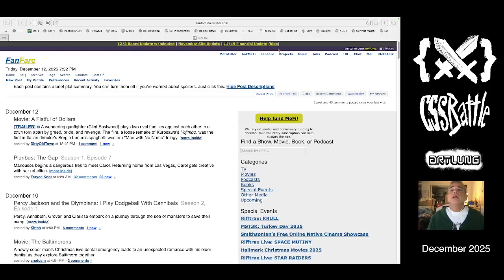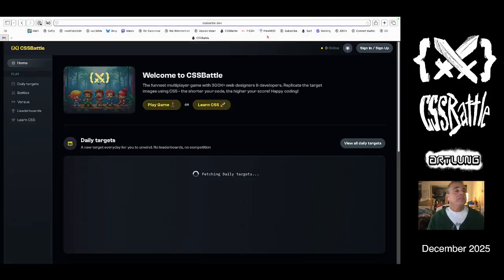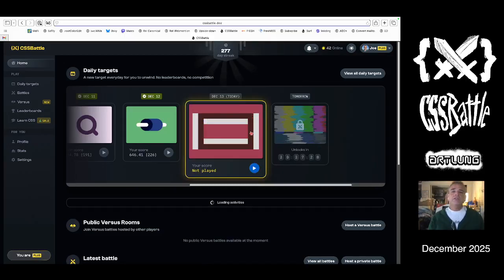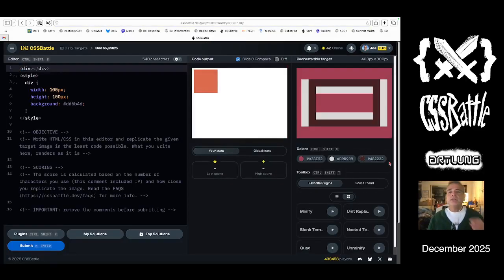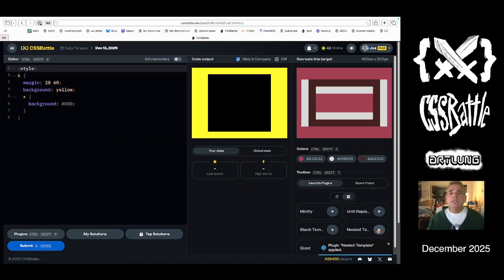Start recording. And hello, getting a late start here to go to CSSBattle.dev and do the daily target. And what do we got? Oh, wow, what a fun shape. What a super fun shape. I think this is inset and outset box shadows. And to do that, what I'm going to do is put